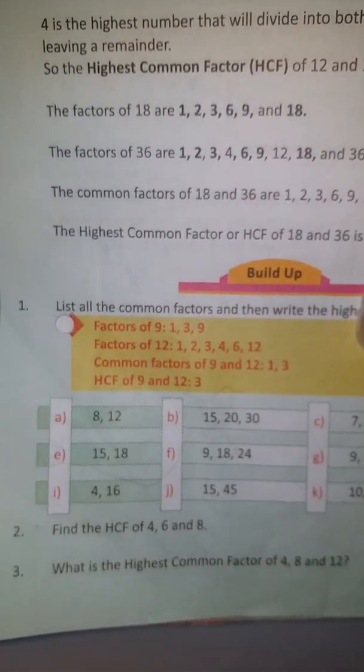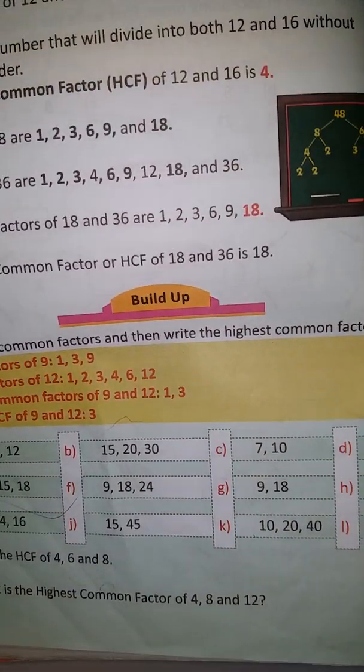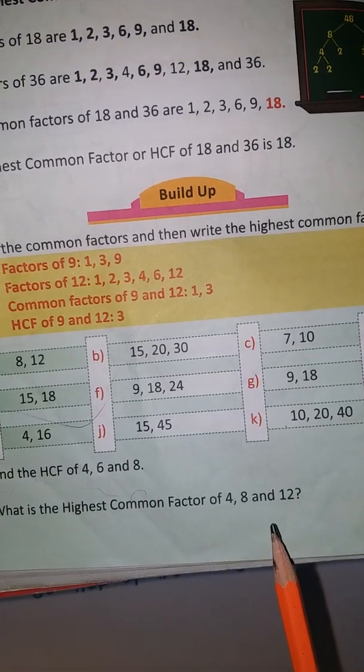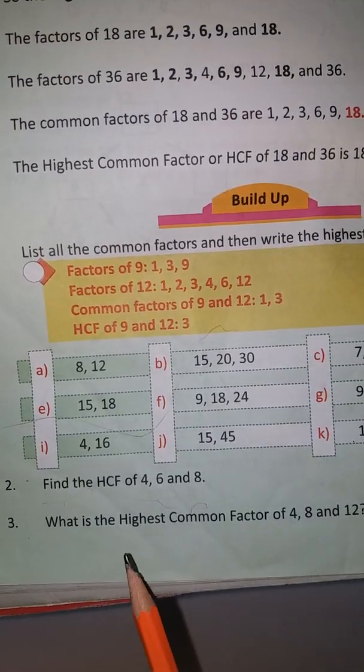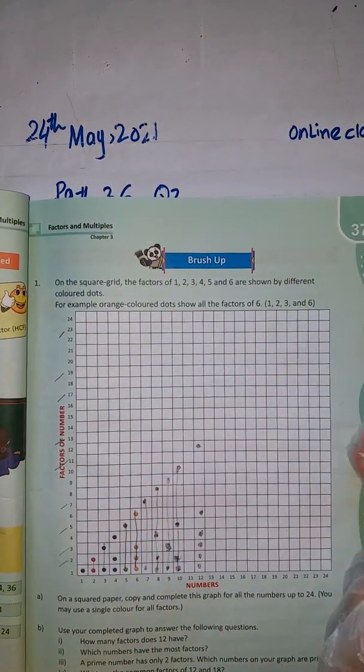Now look at the board. Question number 3: what is the highest common factor of 4, 8 and 12? You have to do question number 2 and 3, and on page number 35, grade 5, you can see